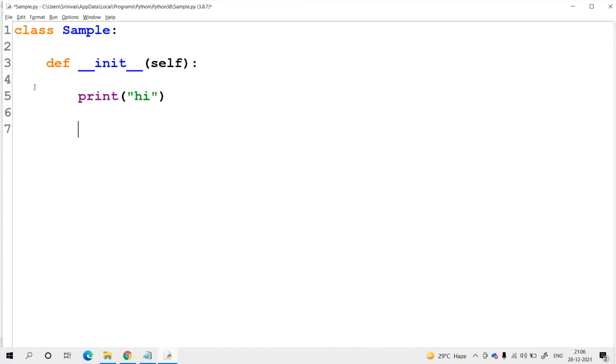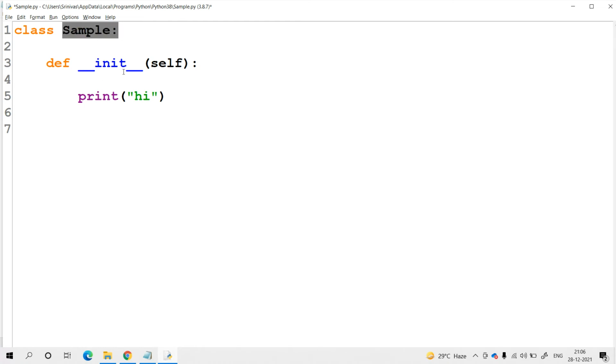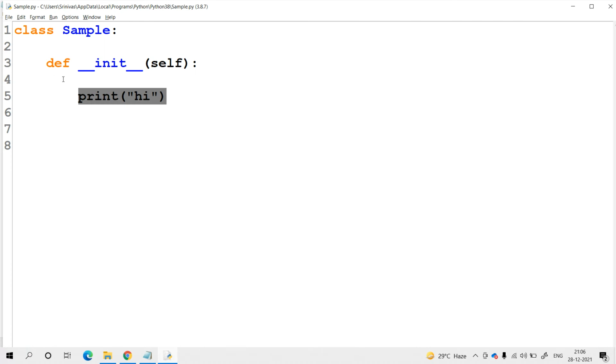Now we have one class available. The class name is sample. Within the class, we are defining one constructor. Within the constructor block, we have only a single statement, a simple print statement. Without invoking the constructor, it does not come into the picture. If you run this program, nothing will happen. You will not get any output. Try to check it. The reason is we did not call this.